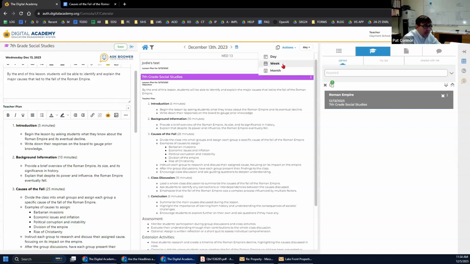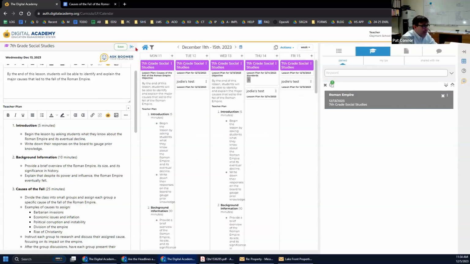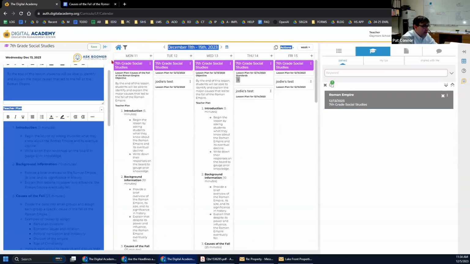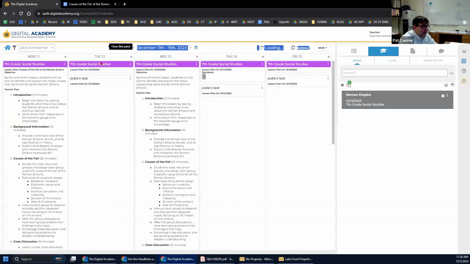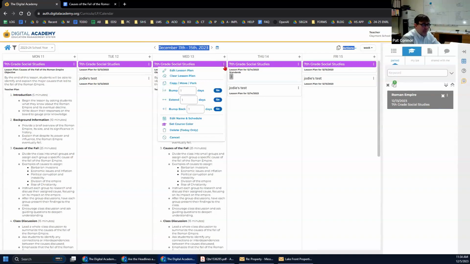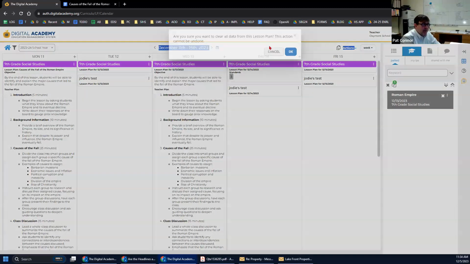I can switch it to week view. It's a little crushed. You can also adjust these things. So I could drag this in and out, or just hit this little guy to close it. So when you're trying to drag things around, sometimes that's easier. By default, it usually copies instead of moves, but you can always just go here and hit clear, and then